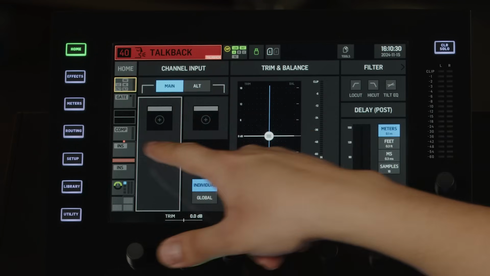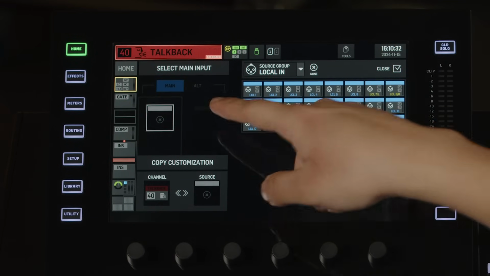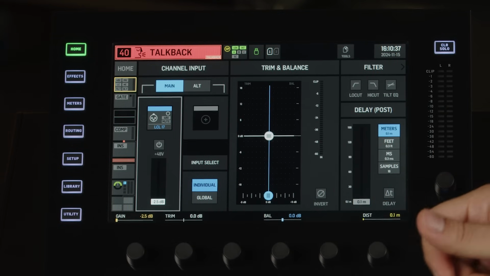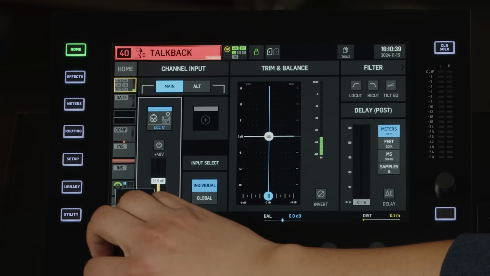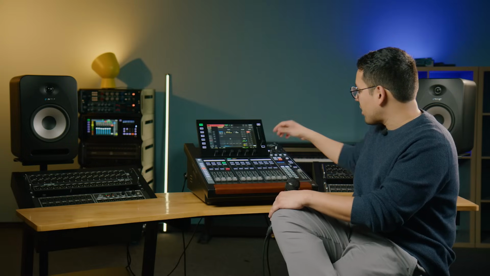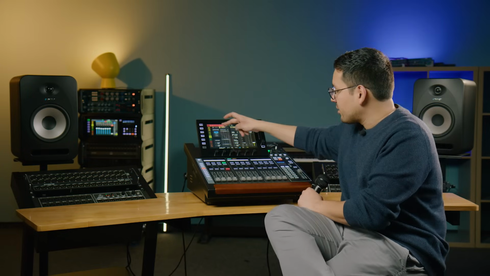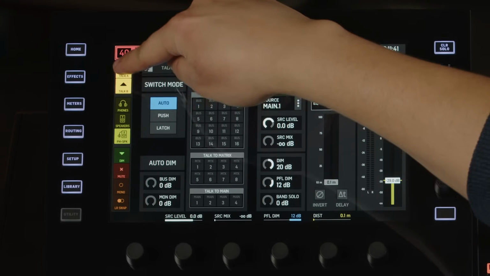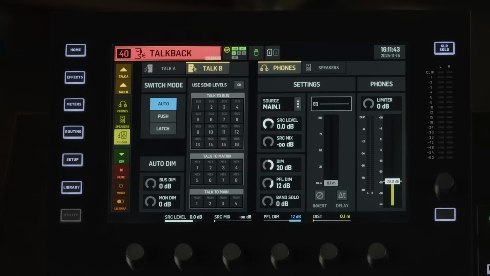So we have to assign a source to channel 40. We just go to our input and select channel 17, which is the one I'm using for the local input, and we can raise the gain, and now there is our talkback. So now if I go to the monitoring section, I can set up to which channels, buses, matrices, or mains the talkback is going to be sent, and there are 2 different groups which you can set up. Those are going to be active when you push the respective buttons.